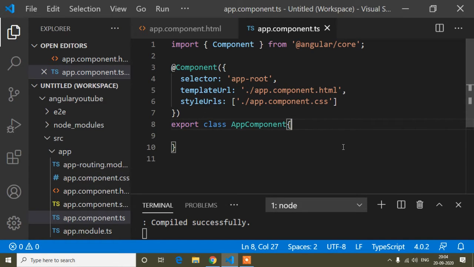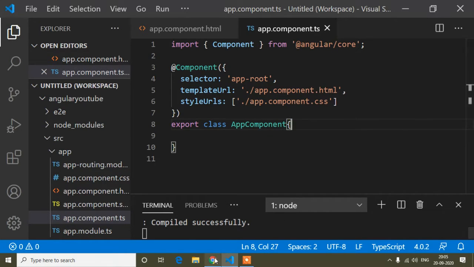Today in this tutorial I will show you how you can add particle.js in your application. And if you are using Angular 10, you will get an error, and that is Ivy. So I am using Angular 10 here. In this tutorial I will show you how you can solve this error and how to use particle.js.